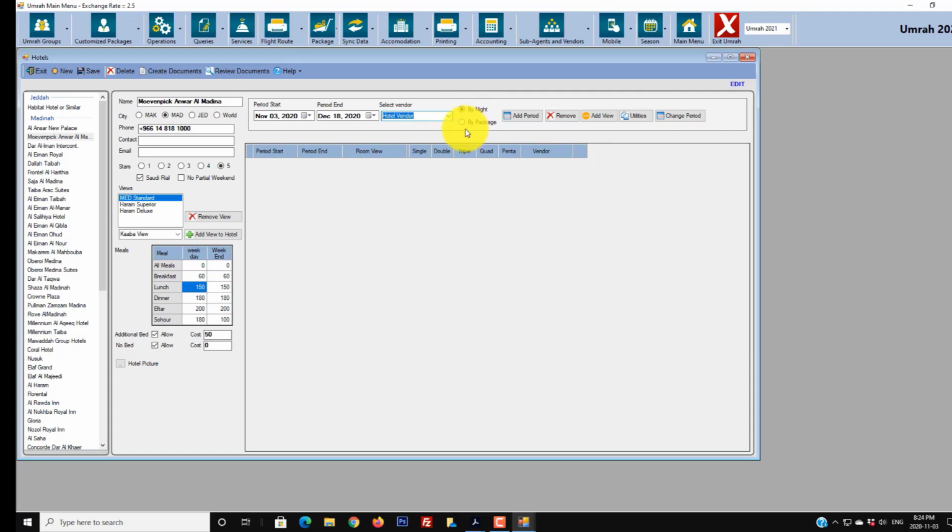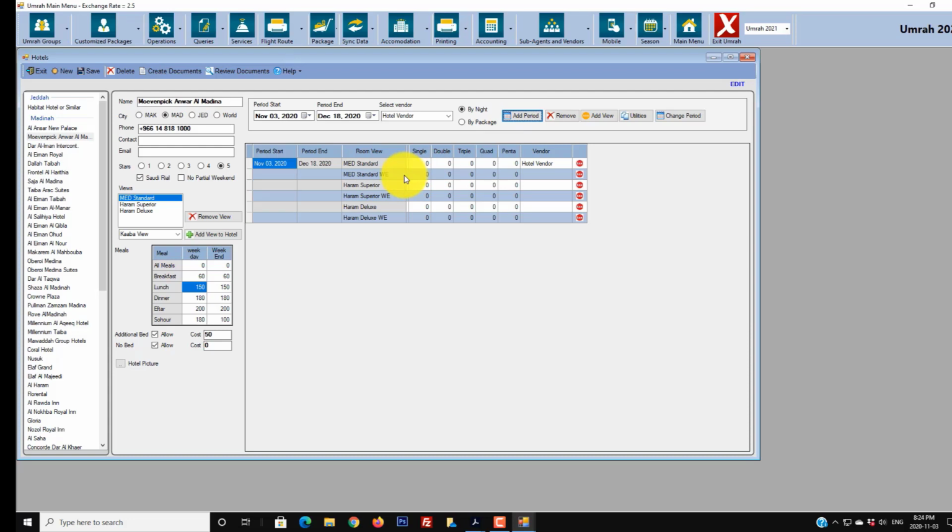In our example here, I am going to choose just the generic vendor for testing that I added called hotel vendor. Then I choose that, and I want the prices to be per night, not per package. Per package is usually used for Ramadan, and we will have an example right now. But for now, for this period, I will put by night, and I am going to click on add period. Now look at what happened right here. The system right away added a new period from November 3rd to December 18,